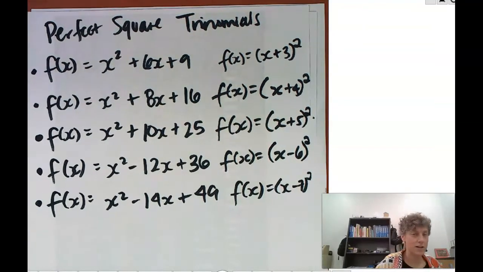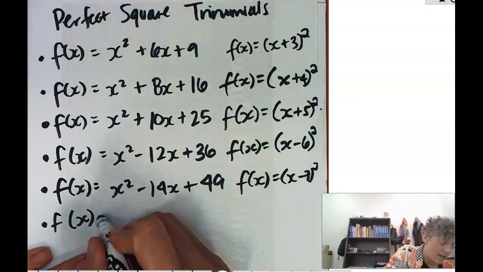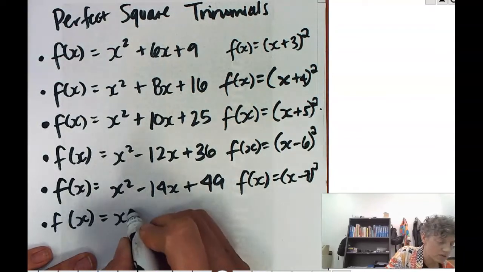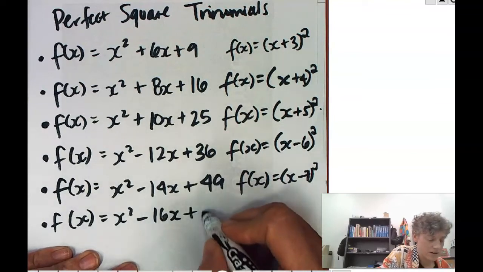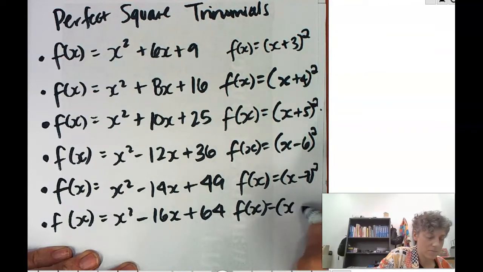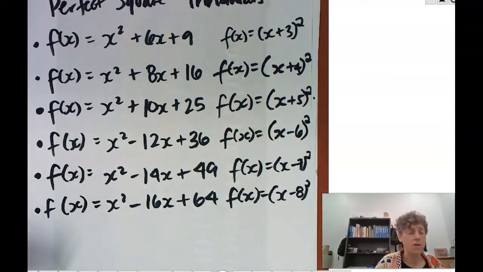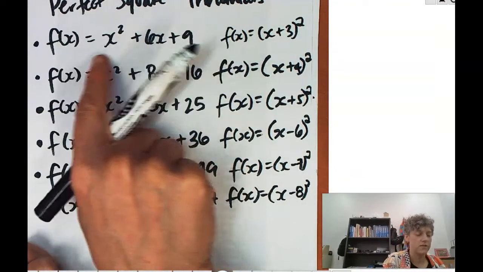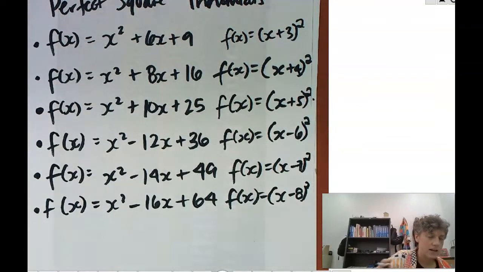Hopefully we're starting to latch on here. Let me put one more up here because it's my favorite. f of x equals x squared minus 16x plus 64. Its factored form would be f of x equals (x minus 8) squared. All right, hopefully what you're starting to see in these pairs of standard form, factored form, standard form, factored form, standard form, factored form, is that